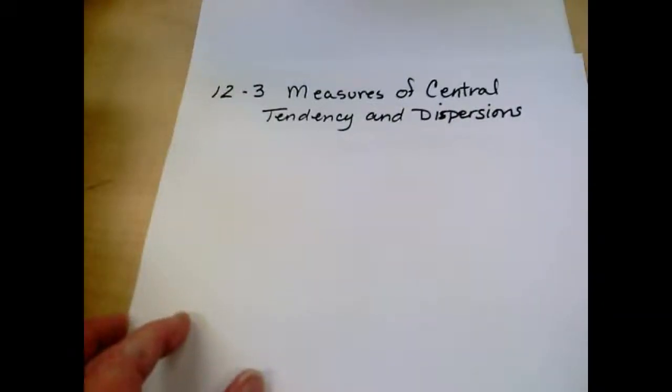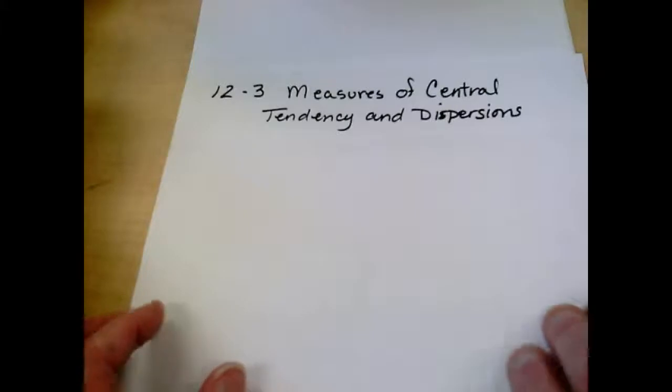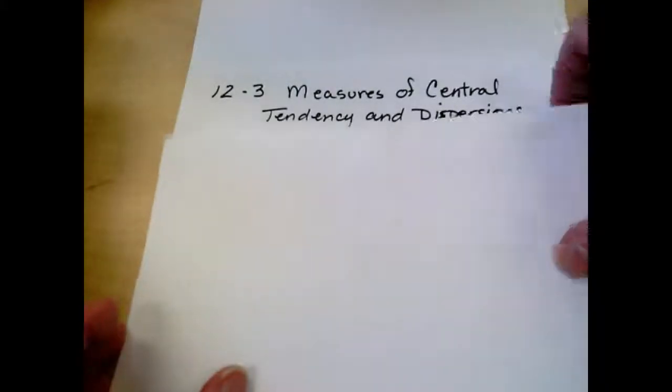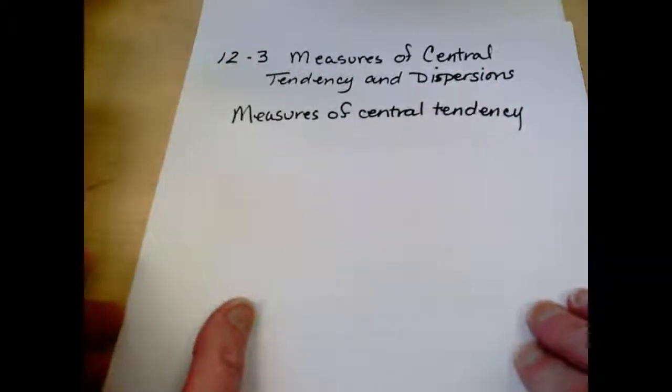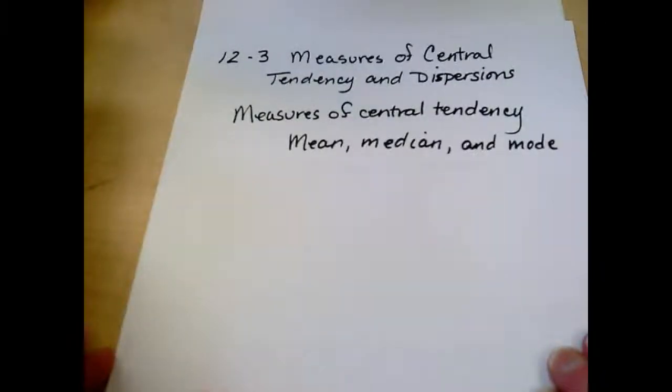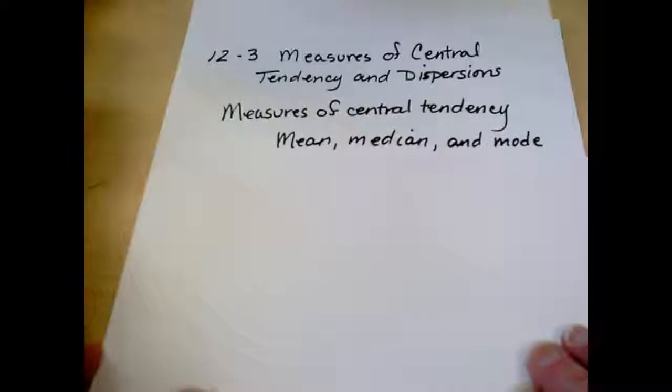12-3, measures of central tendencies and dispersions. These should look familiar to you. Measures of central tendency are mean, median, and mode. So you're probably already scribbling down what mean, median, and mode mean. If you forgot,